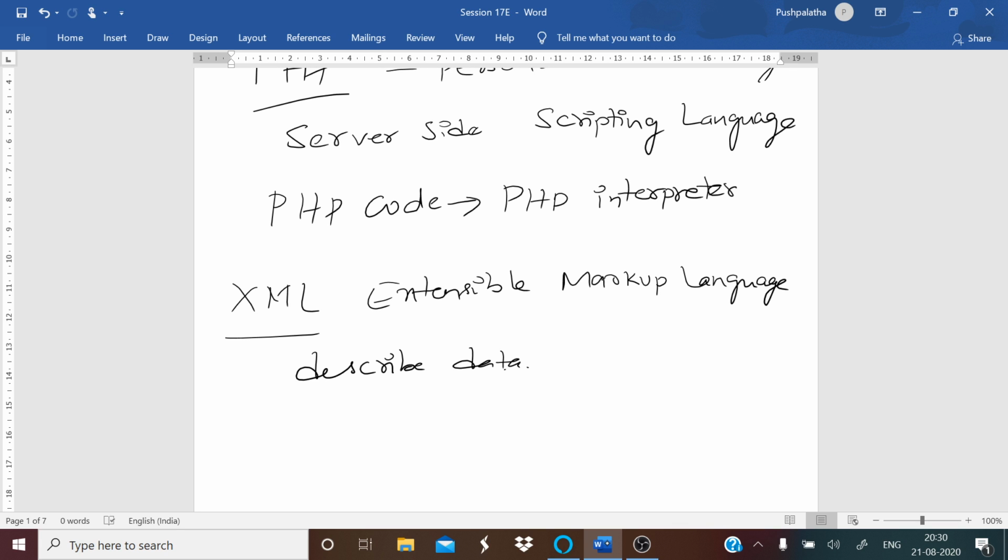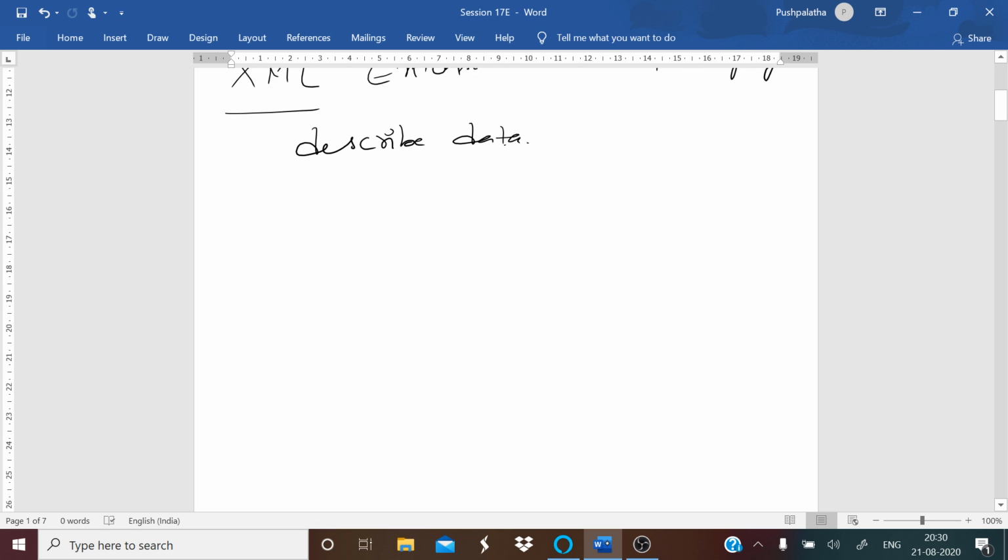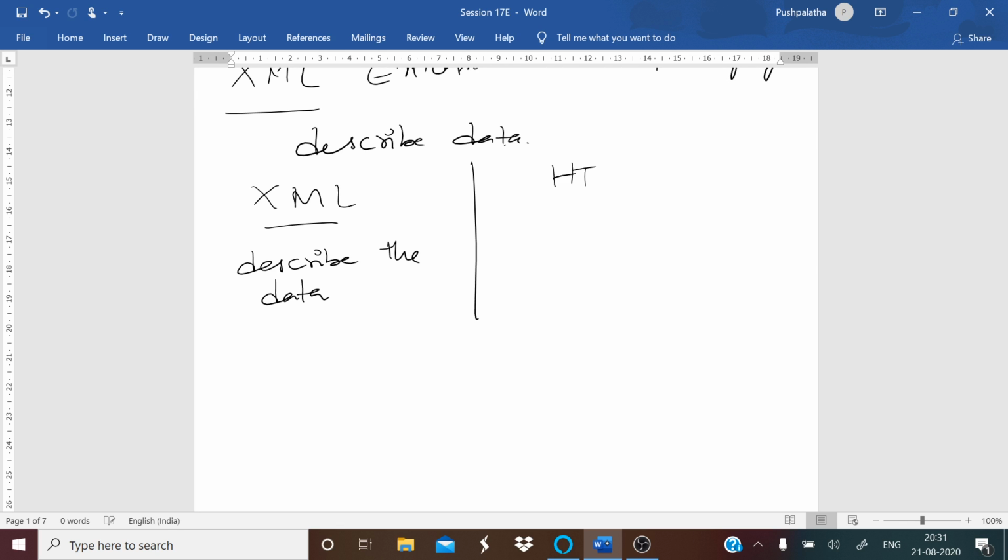The tags that we are using in XML are not predefined. You have to define your own tags. That is, it is self-descriptive. But you cannot use XML instead of HTML. XML is used to describe the data while HTML is used to format and display the data. Remember, XML is used to describe the data, whereas HTML is used to format and